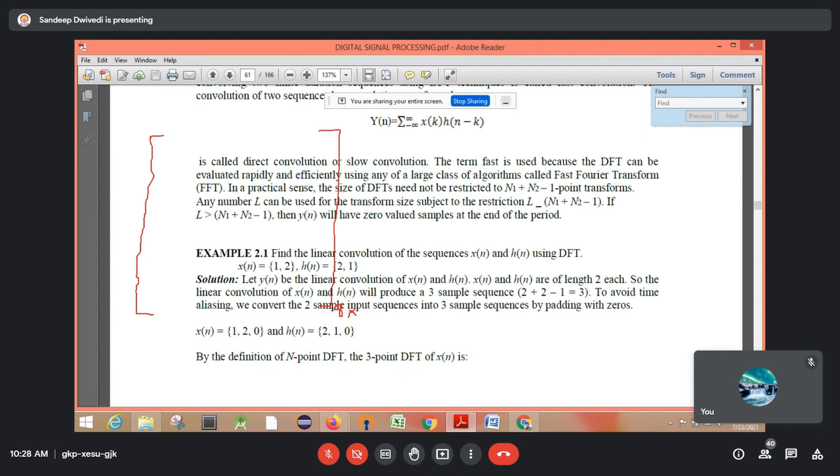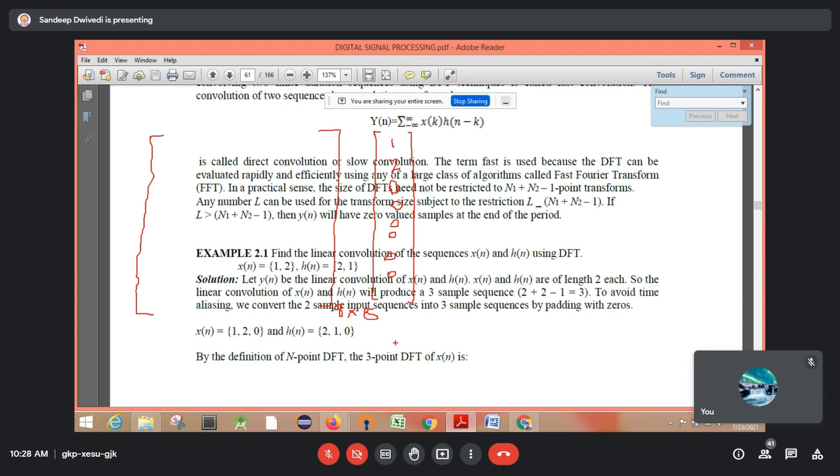Okay, so after that, to find out the 8-point DFT, whatever input sequence is given, you have to write that input sequence over here. And that input sequence x of n will be given in the question, whose DFT you are asked to find out. Suppose the input sequence has only two elements, 1 and 2. Okay, so you need to do the zero padding as I told you. So 1 and 2 will be as it is, other elements will be 0. How many elements will be there? Total 8 elements will be there.